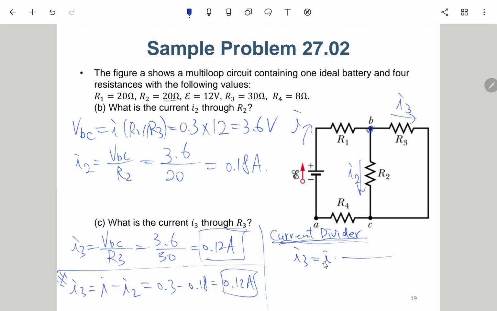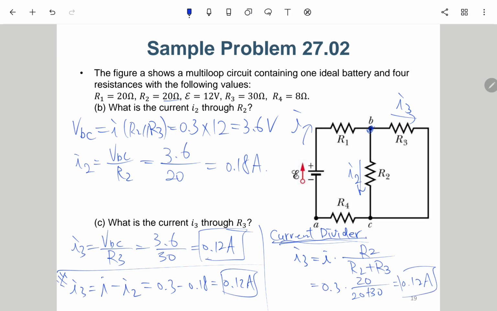So I3 is I times a ratio less than 1. This ratio has R2 in the numerator over R2 plus R3. So if you use 0.3 times R2, which is 20, over 20 plus 30, I3 will be